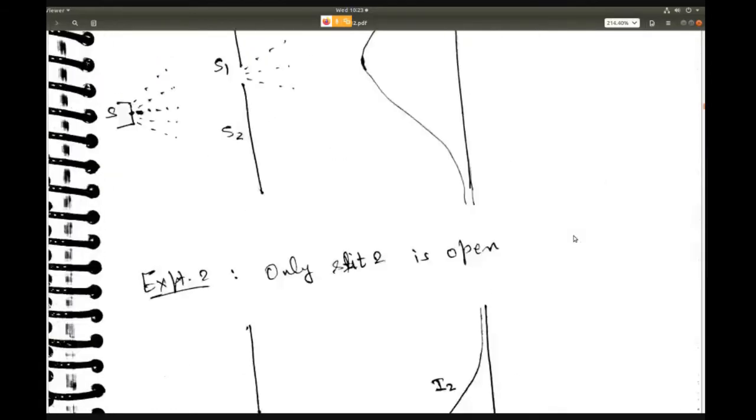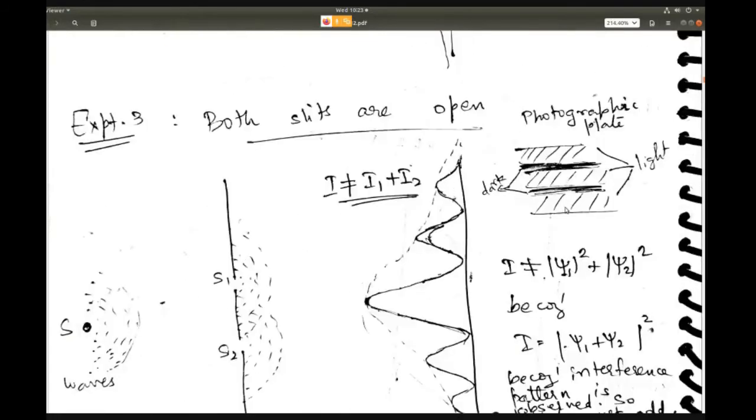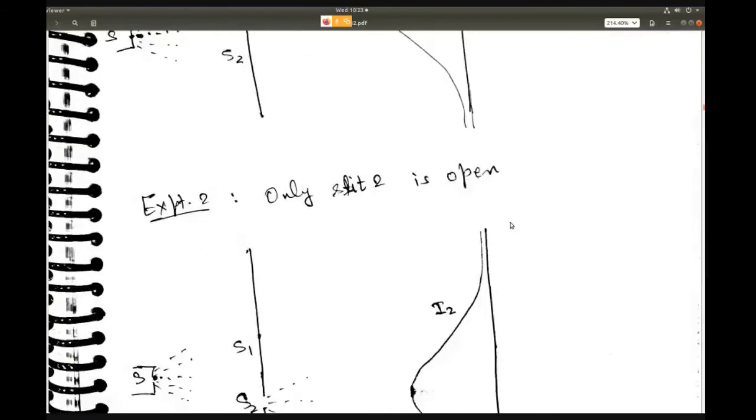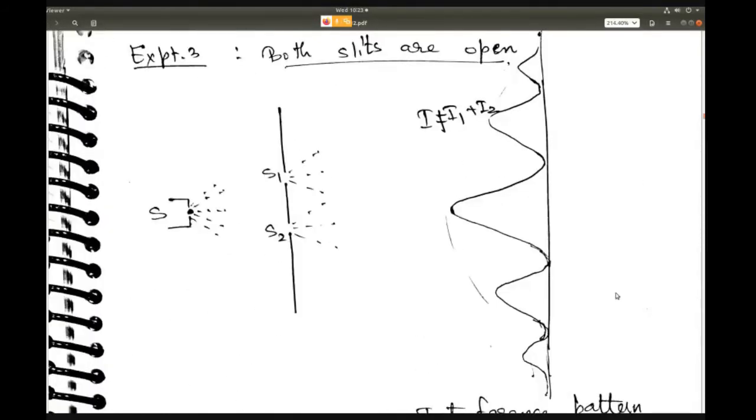Okay. So by the way, one thing that I forgot to mention here, I think I'd drawn the image. In the case of waves, how you look at intensities is that you have a photographic plate and you are letting light pass through, right? So on the photographic plate, you will see light regions and dark regions alternatively. That is why you say that here it is a maxima, this is again a minima, this is a maxima, this is a minima, like that. It goes like that. Okay, so similarly, you'll see something like that for electrons as well when both slits are open. On a photographic plate, that is what you'll see, light region and dark region. You can look up such an image on the internet and you'll get an idea what I mean. All right.